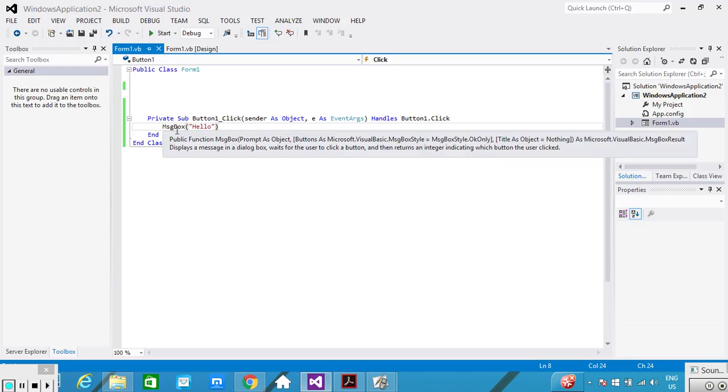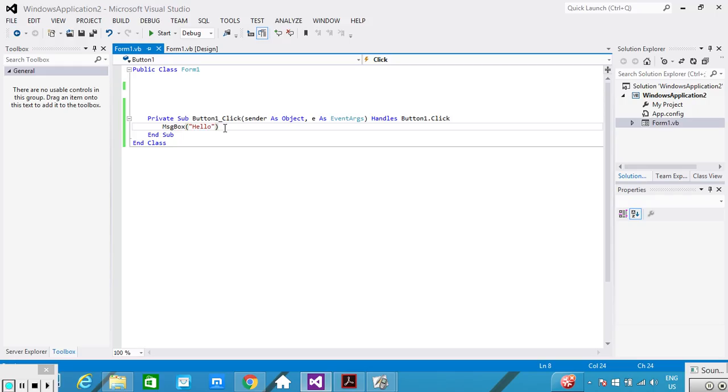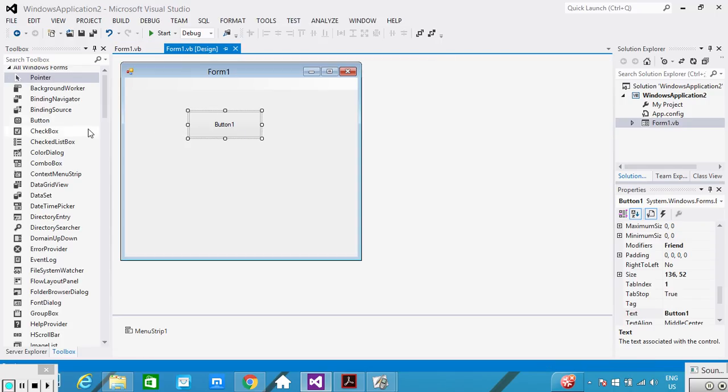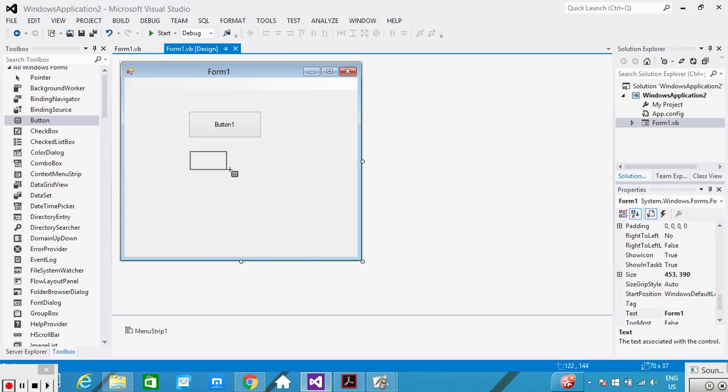Here we have used MsgBox, basically to display some message on the message box. We use this MsgBox function. But if we want to customize our message in the message box, then we can use the MessageBox function. So what we do is I'll go to my form and I'll take another button here, and again I